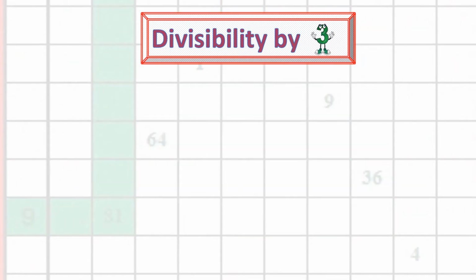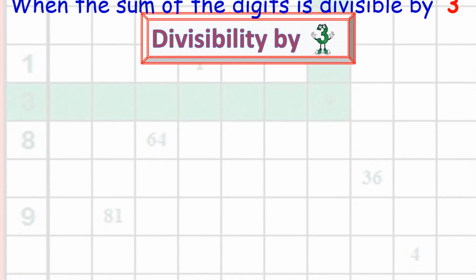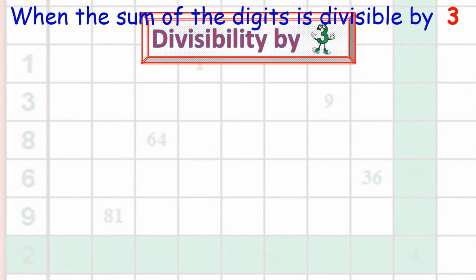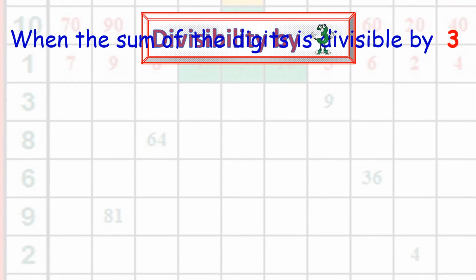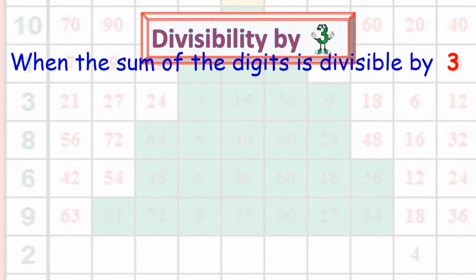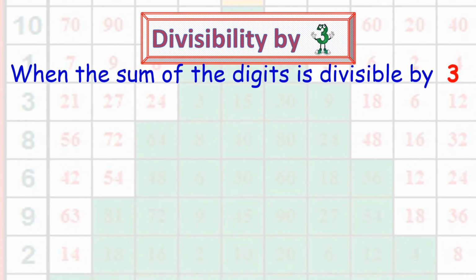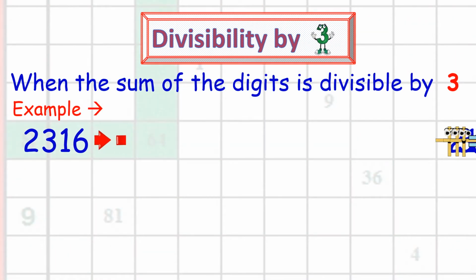Now divisibility rule of 3 is a little different from that of 2, 5 and 10. Here you have to check the sum of the digits, whether it is divisible by 3 or not. Now let us consider the number